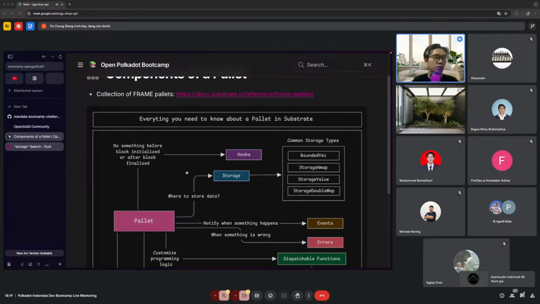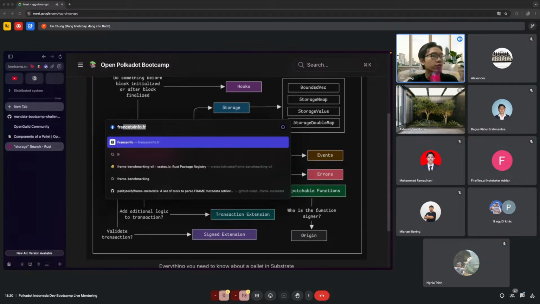If you want your blockchain to have that functionality, you're gonna add that Lego block. For example, if you want your blockchain to have asset management functionality, you have to add Pallet Assets to your runtime. Or if you want to have governance in your blockchain, you're gonna have to add Pallet Governance to your runtime as well.